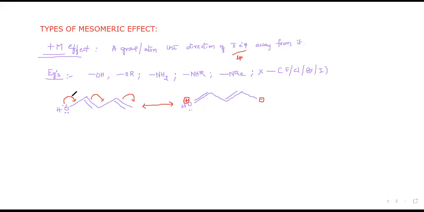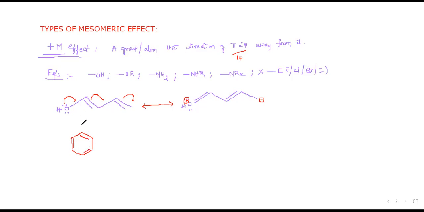The same type of resonance is even observed in a compound containing a benzene ring. Let me go with that example also. It is very important. Why? Because in all our second year concepts, we have only this type of resonating structures. That's why I'm trying to write. Try to note it in your notebook. Okay, try to note it in your notebook.